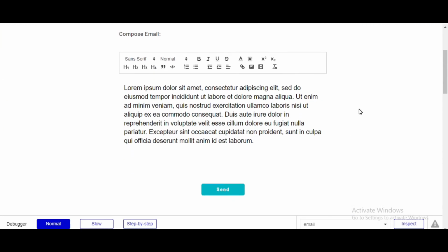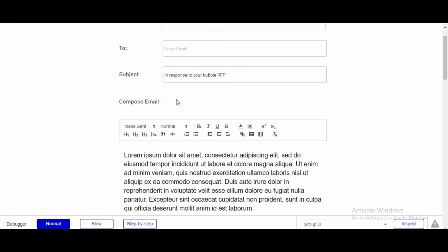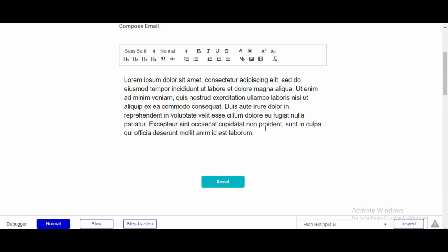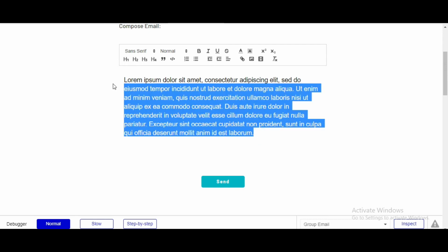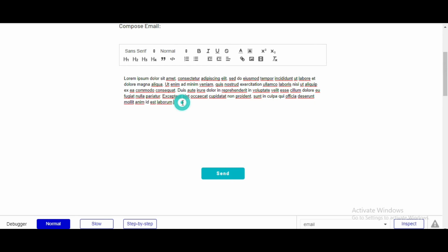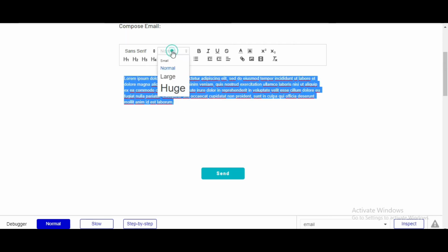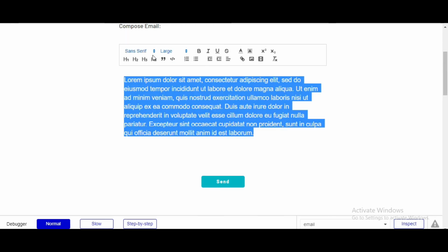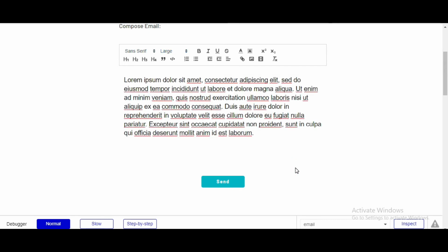See, here's our default email, which has the subject already written, which we wrote in our initial content. It also has our text which we entered in our rich text editor, and you can also edit your styles from here if you want. See, there are so many options here as well. You can bold, unbold, the text size is large, you can do normal, you can even change the font. There are so many things you can play with.